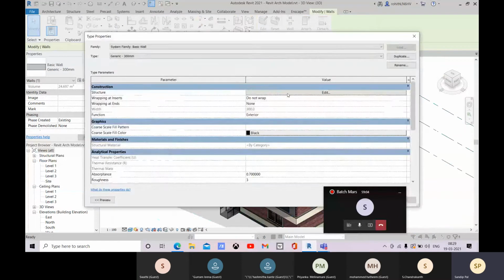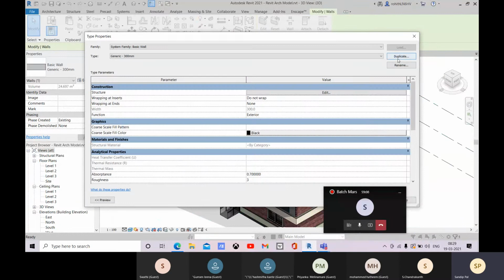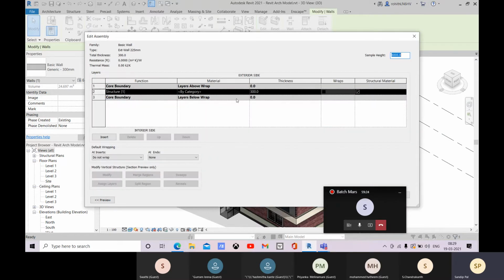Let me come to this edit type, and here let me create with this, so I'll go for this duplicate option, and let me define exterior wall, and you give 225 mm, and okay.